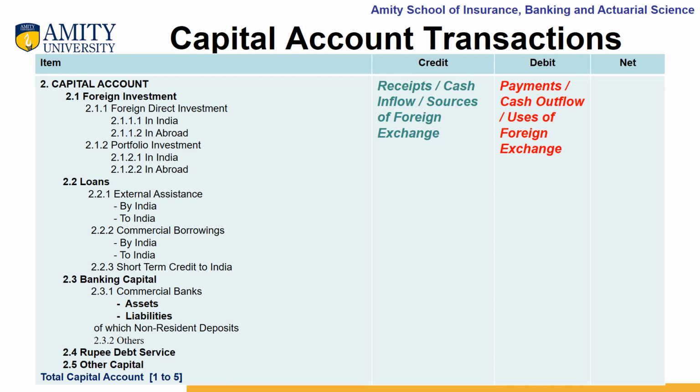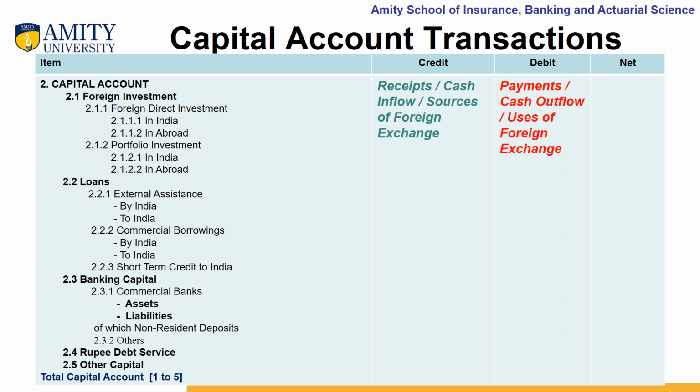So let us now understand how the capital account transactions in the balance of payment account look like. There are different components of the capital account. The first one being the foreign investment. So FDI in India is recorded as well as FDI abroad will also be recorded in the balance of payment account. The second subcomponent of foreign investment is portfolio investment. So when money is coming to India, it will also be recorded. And when money is going outside India, foreign exchange is moving abroad, that will also be recorded in this. And the combination of both these, FDI and FPI, will be foreign investment.